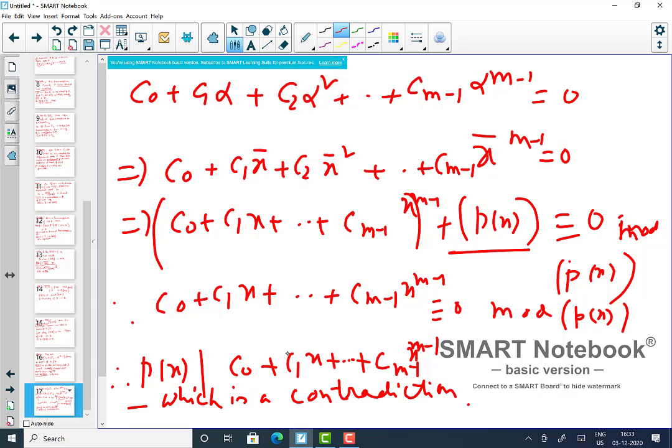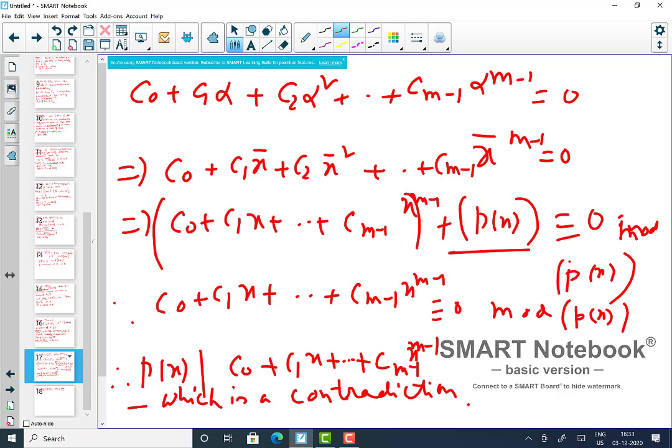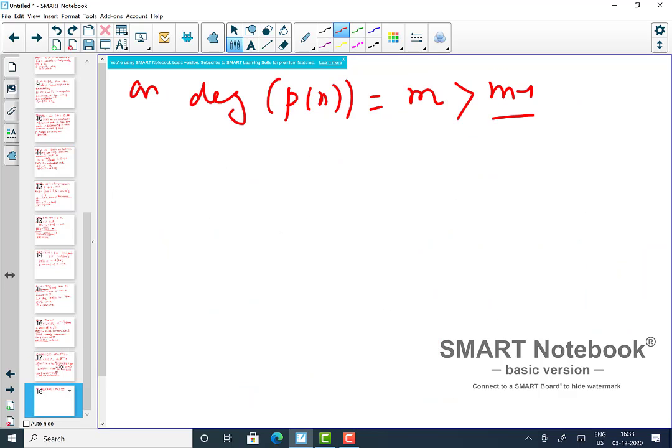Okay, the degree of p(x) is m, right, which is bigger than m minus 1. So at least the degree of this polynomial has to be at most m minus 1, but p(x) has more degree, right? So what does that mean? Thus S is a linearly